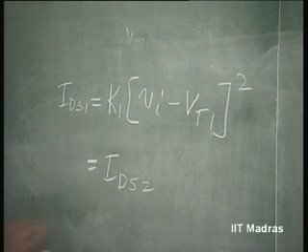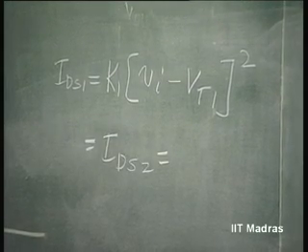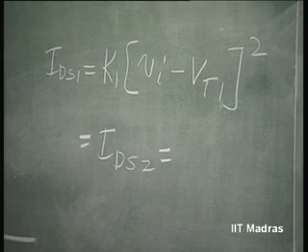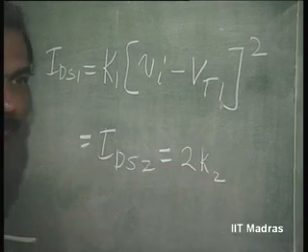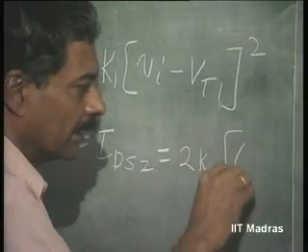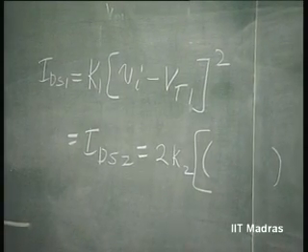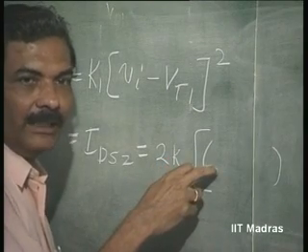Now this is in the triode region. So, 2K2 into, now let us see, we have to keep this positive all the time. So, first you get VGS2,